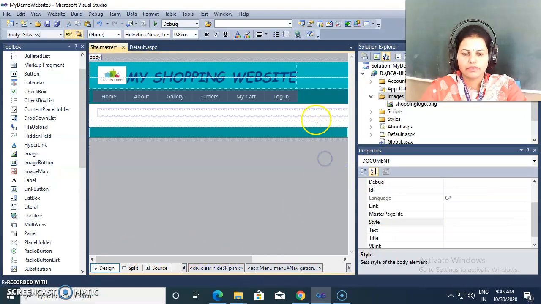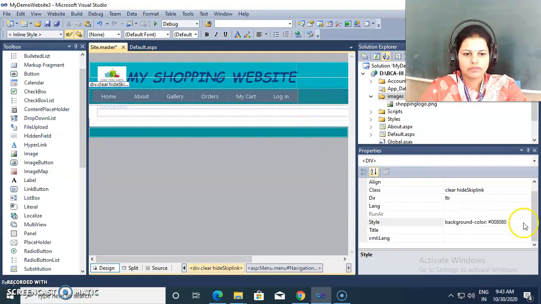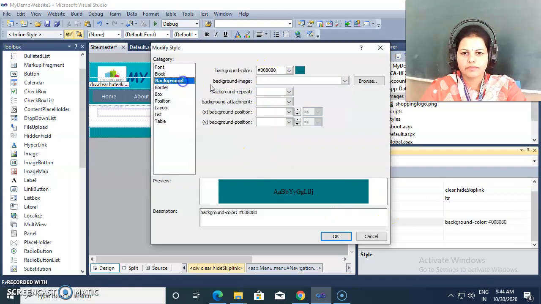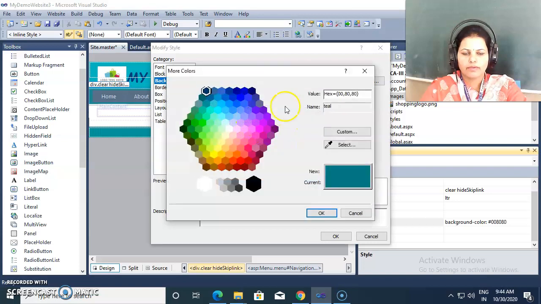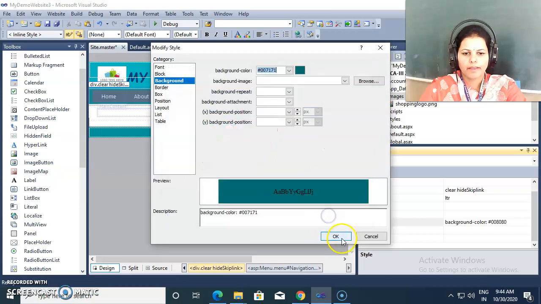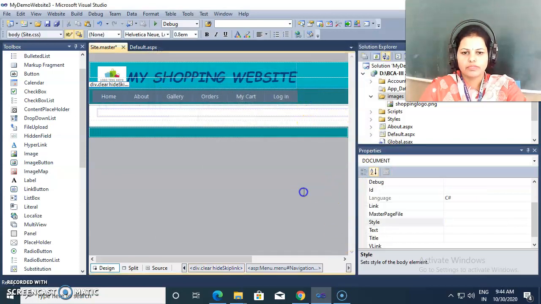See, this is my background color now. I am again changing the background color. In this way you can select your colors as per your requirement, as per your choice. So this changes my color.